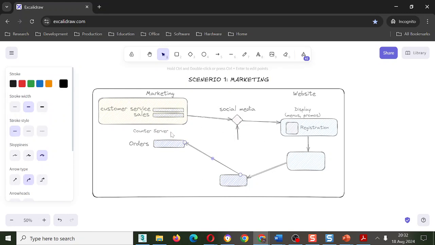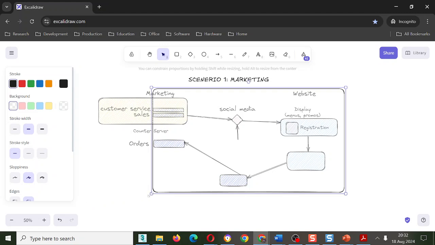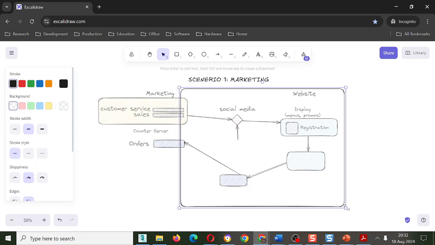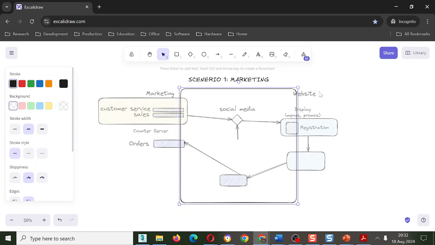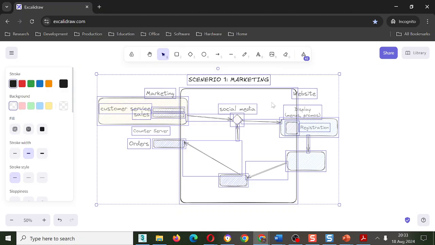Now remember, scenario diagrams, how we do them. We don't do them this way. We do them in a way where we say, okay, this is my system here. And I need to get my different elements. Let me remove this a bit.